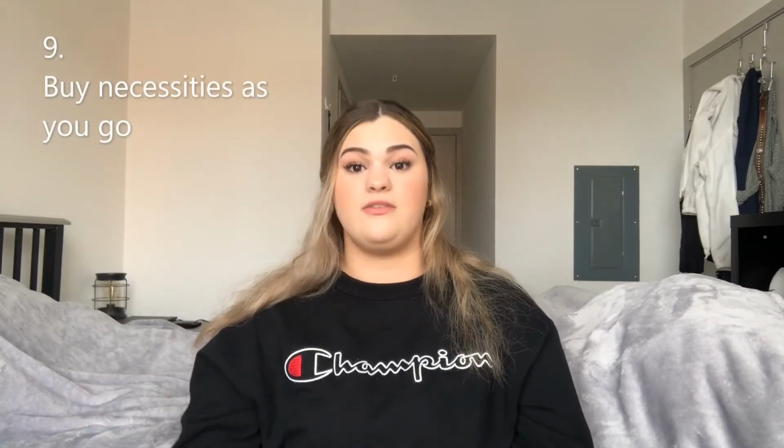This is my last tip, and I think this might be my most important tip, just because it helped us out in the long run so much. Whenever you come to the realization that you're going to be moving out, whenever you look at apartments and find the one that you want, before you move out, whenever you start to think about it, start